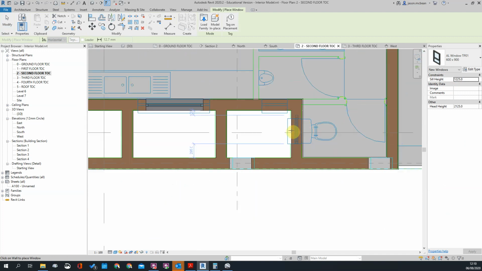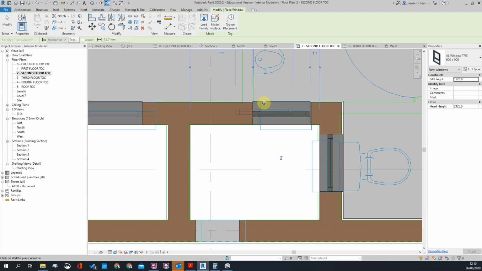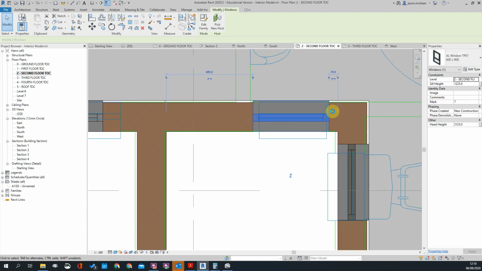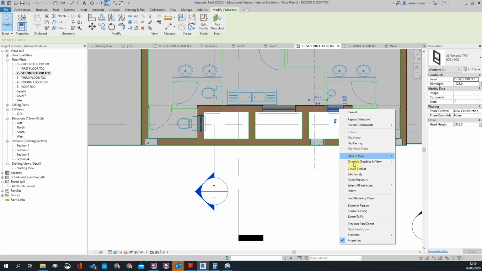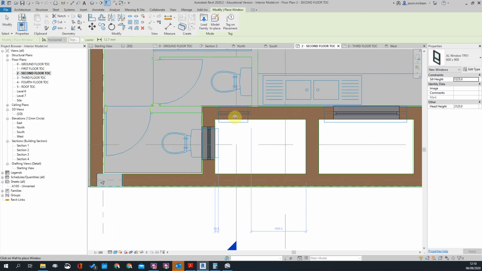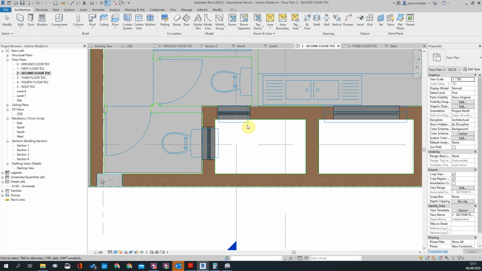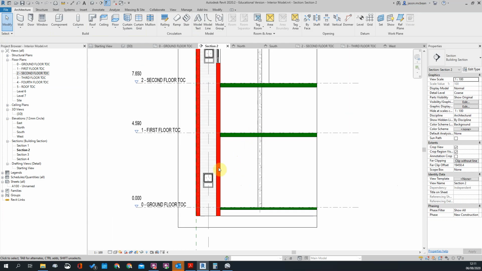That probably won't work there. Do the likewise there. So here we might have to see how this works. We might have to move these, create similar. Okay. So if we go to a section, you can see that these